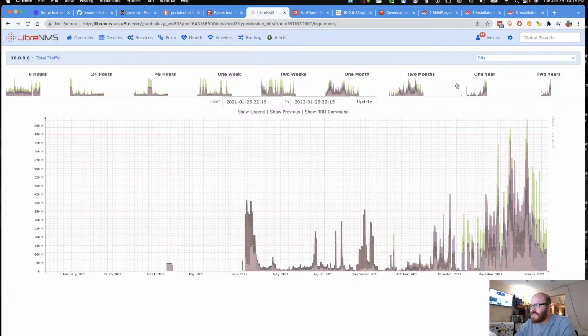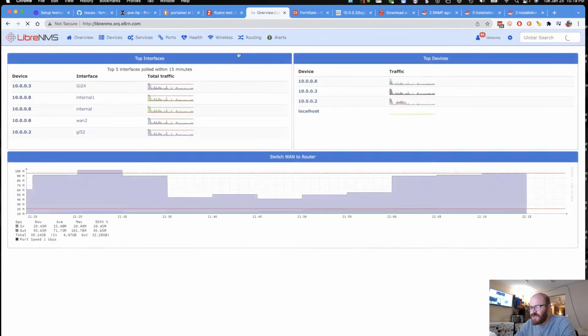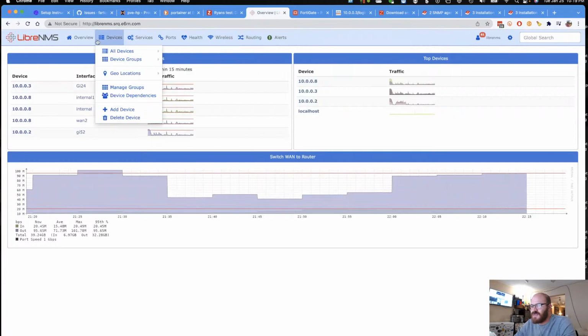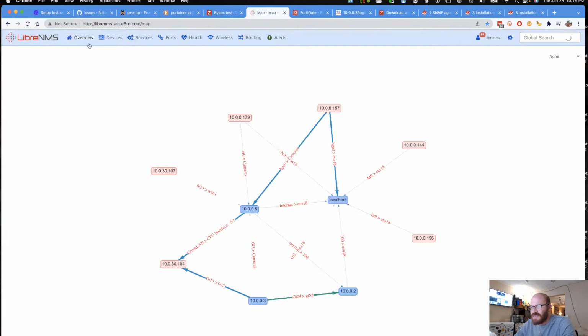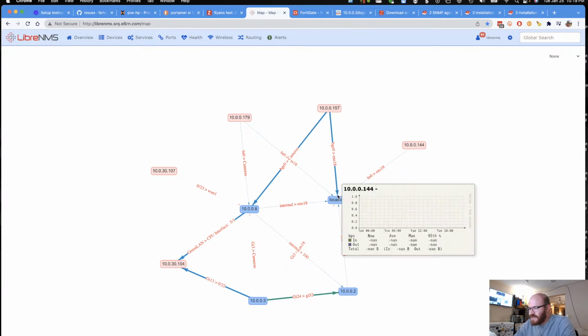Yeah, anyway, so all of this is in here. It's an older looking interface, but it certainly does the job. We can set up alerting. We can even see, mostly, how devices are connected together. It's not perfect at all, but